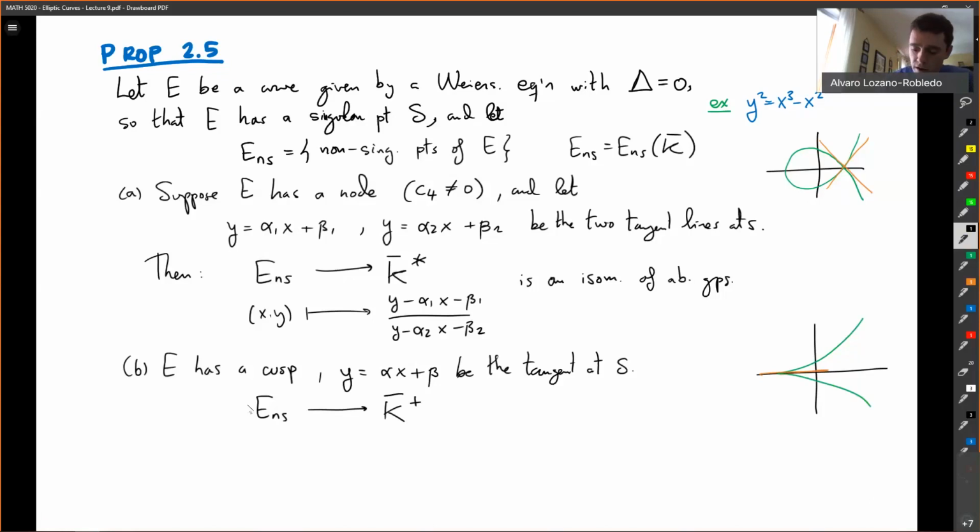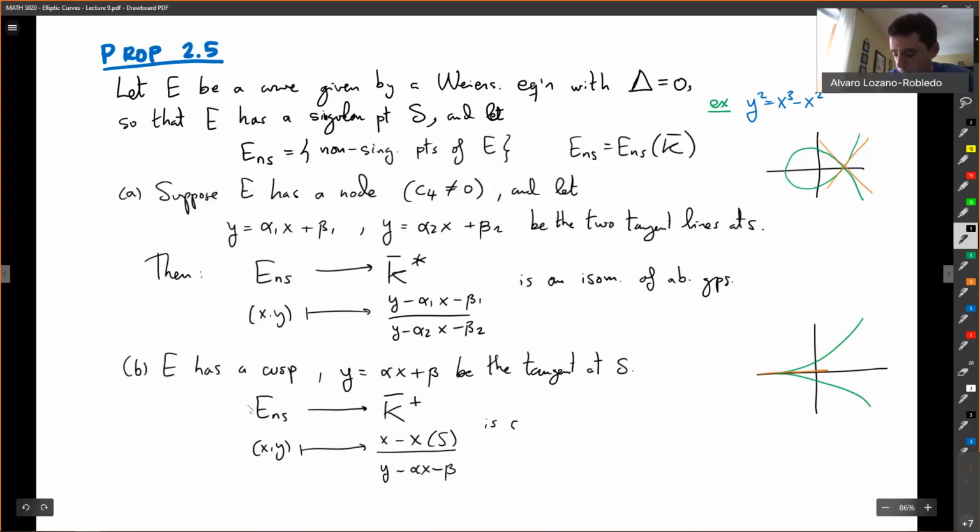and the isomorphism is given by x minus x, the coordinate of S, divided by y minus alpha x minus beta, is an isomorphism of abelian groups. Okay. This, by the way, I'm not going to prove, because I'm actually leaving this as an exercise. The full proof is in the book, but the exercise,